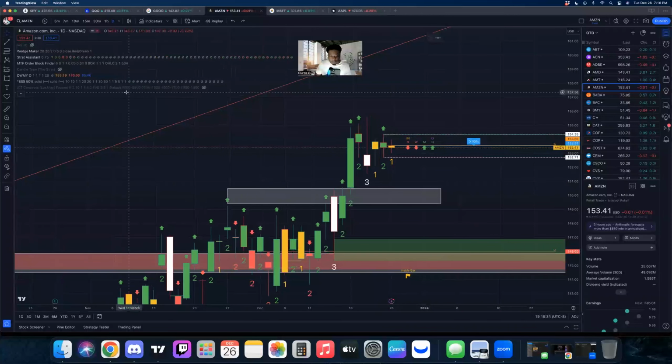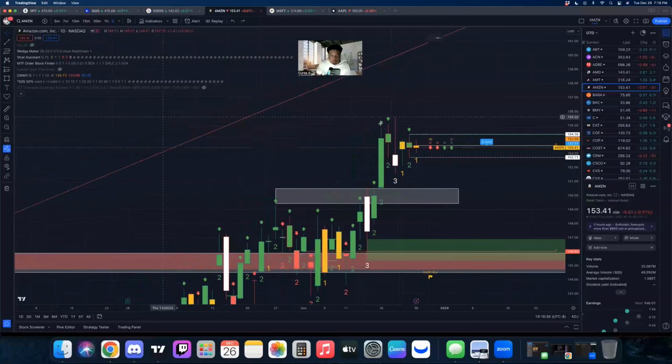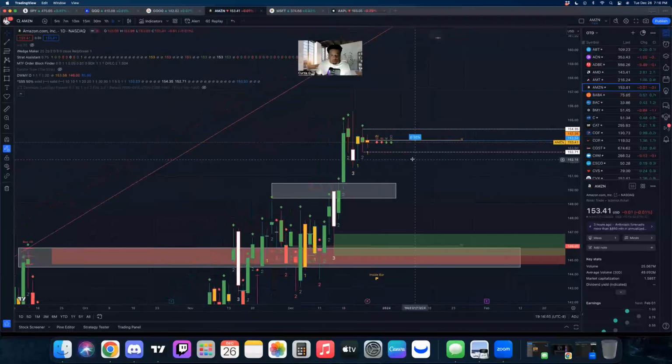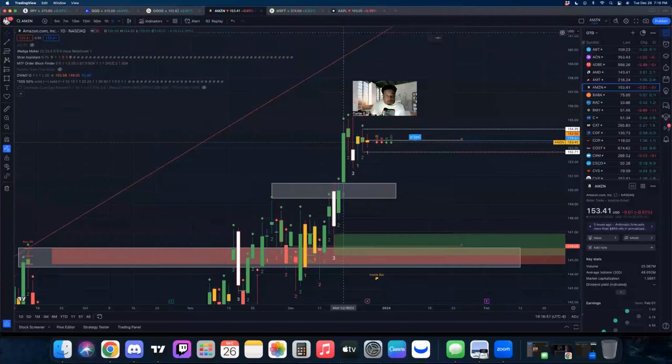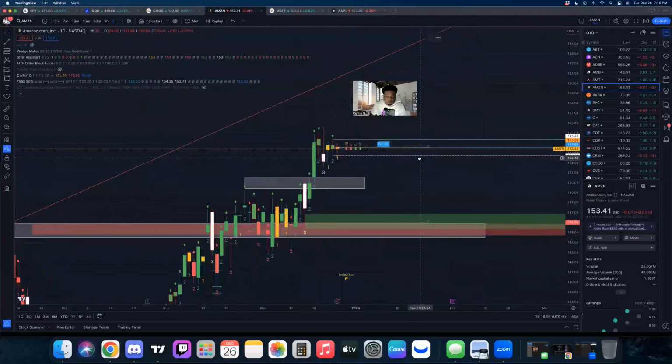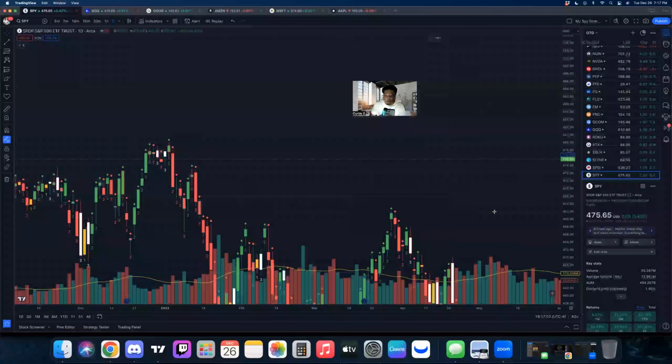All right, so we're looking at this Amazon daily chart. Let's peep out what's going on here. All right, marked out areas. Let's look at